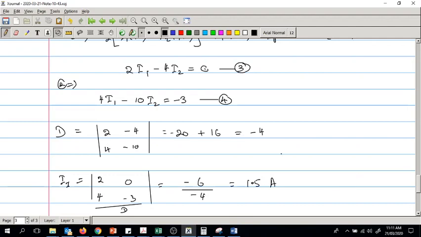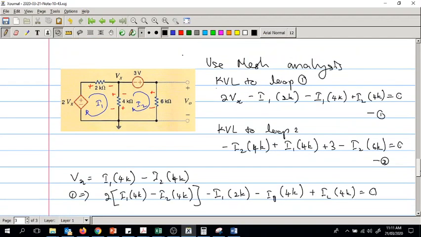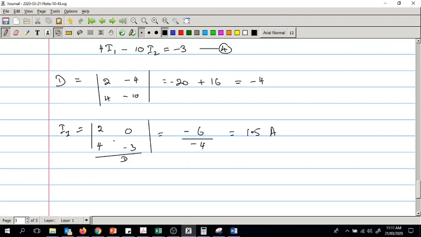So I2 is 1.5 amperes, so therefore V out is